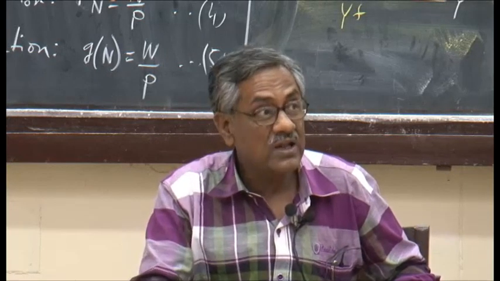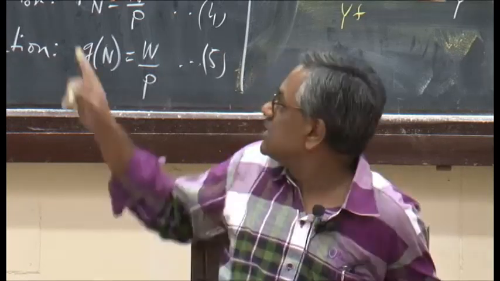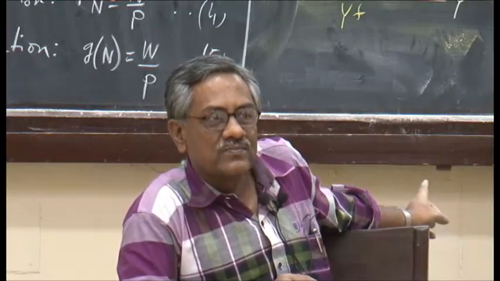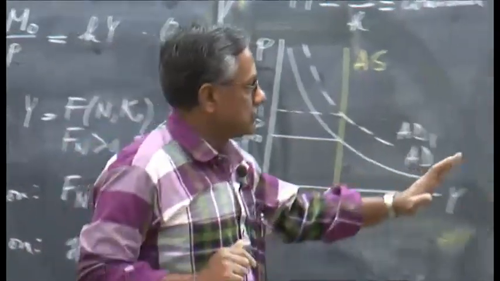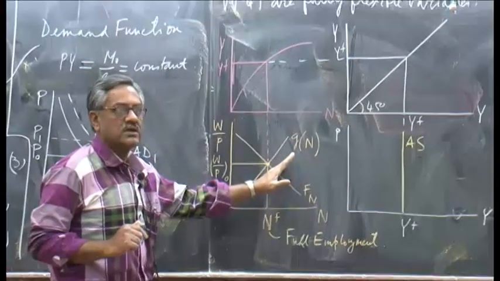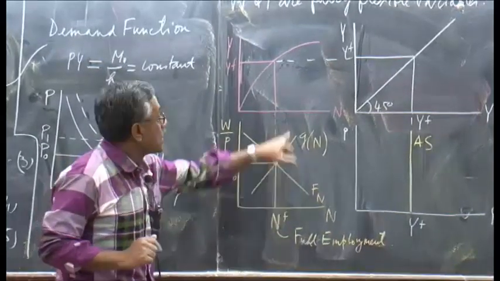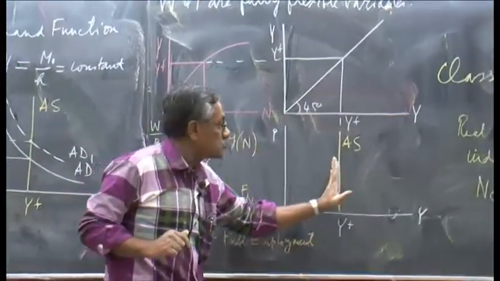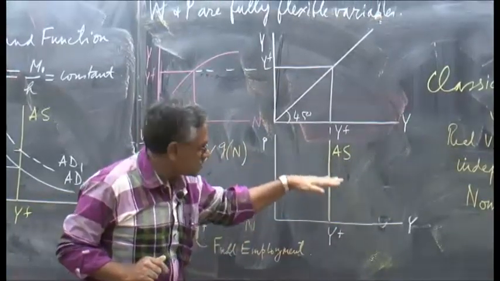But are nominal variables completely independent of real variables? Suppose I shift the labor supply function, employment would change, real wage would change. Suppose I shift, this is the last point, I shift the labor supply function for some reason to this side. Real wage will come down in the economy, employment would increase, output would increase, the 45-degree line would give me a vertical aggregate supply to the right. Demand function is there, prices would fall